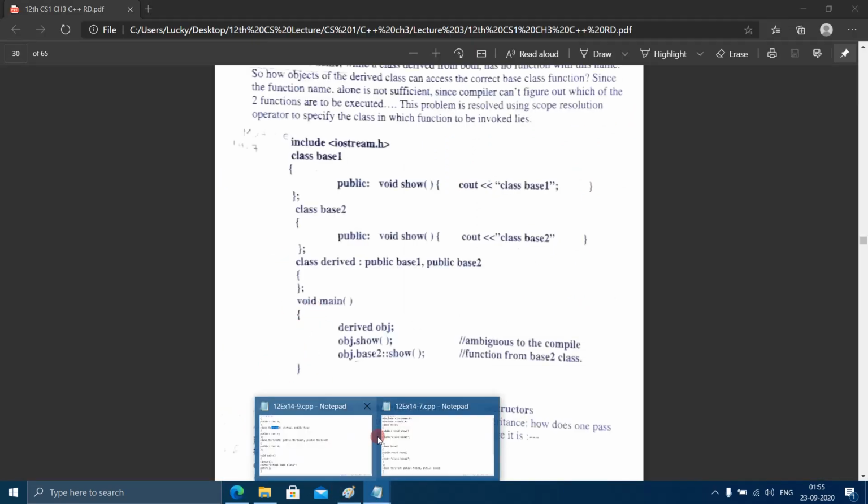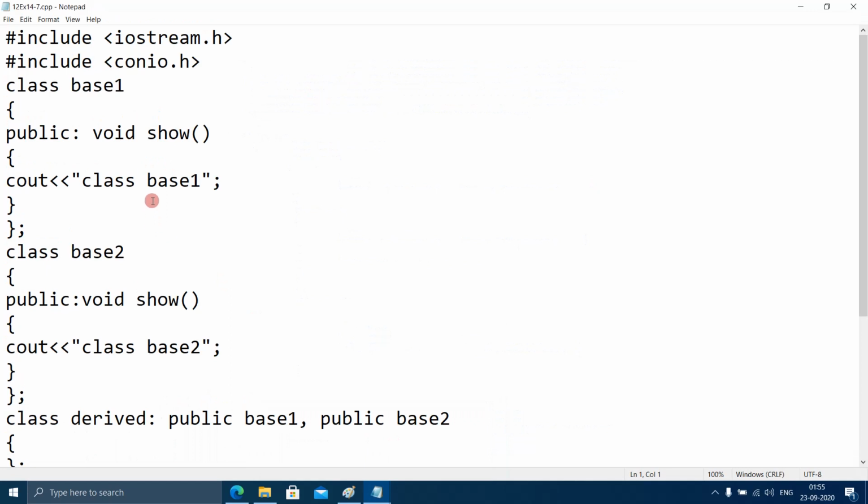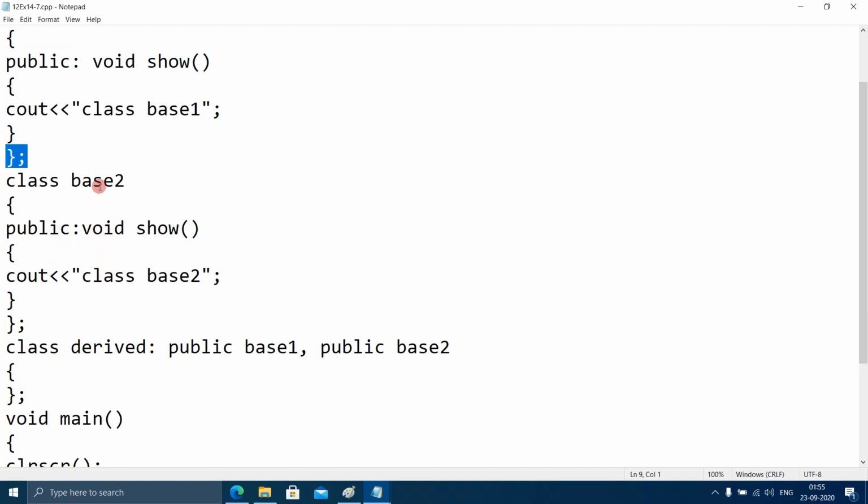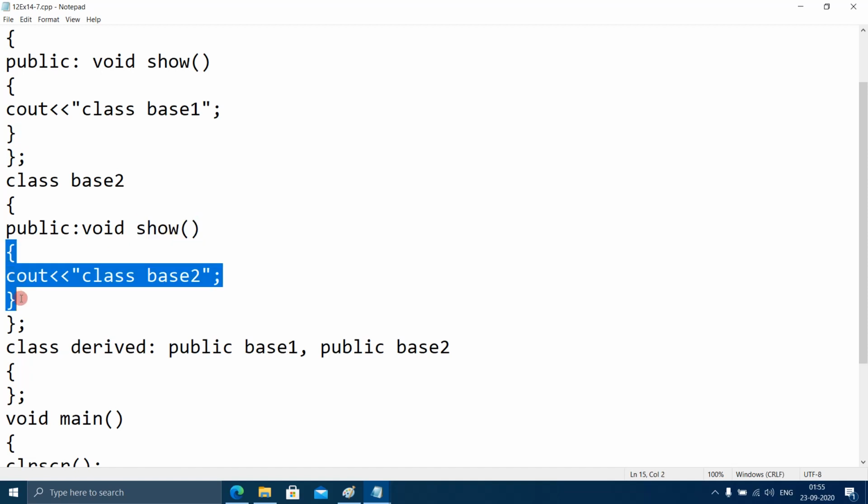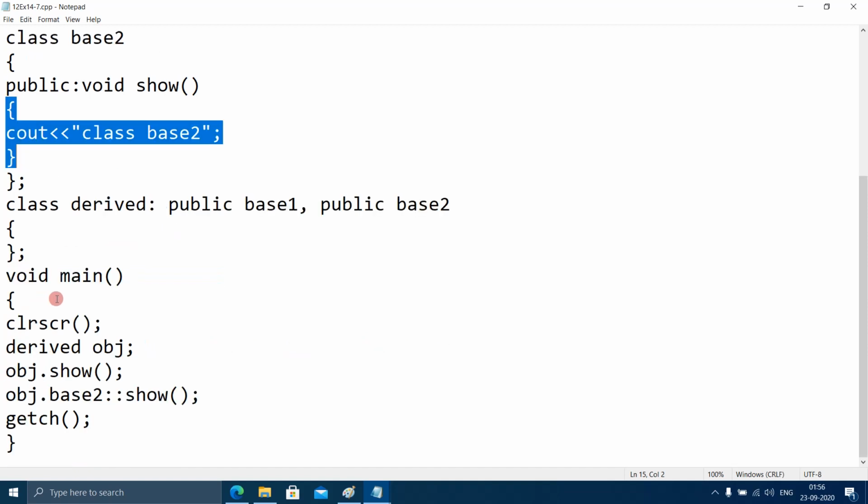In this program, there is class base 1 which has the member function show, and this is the definition of the function show. Base 1 is closed. Then base 2 has the member function show, and this is the definition of the function show. And in case derived also has the member function show.